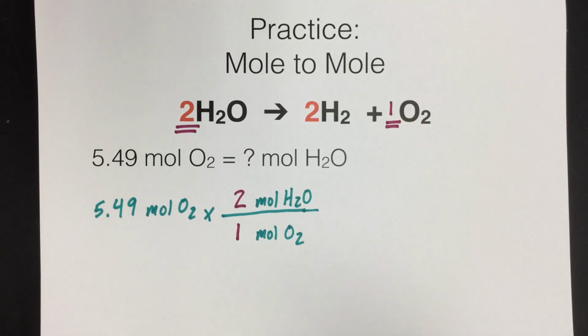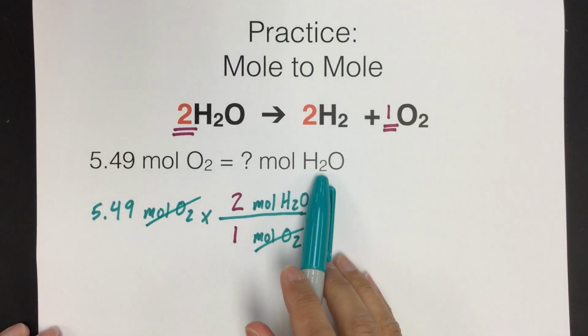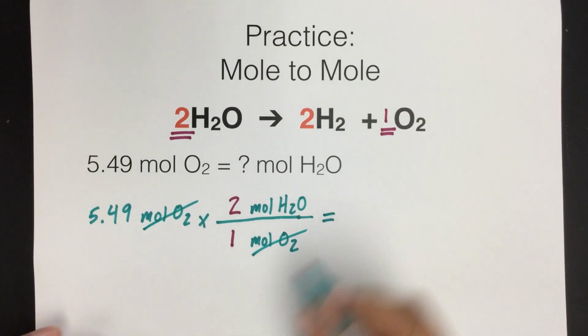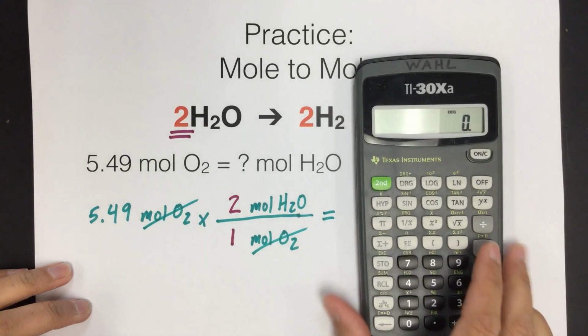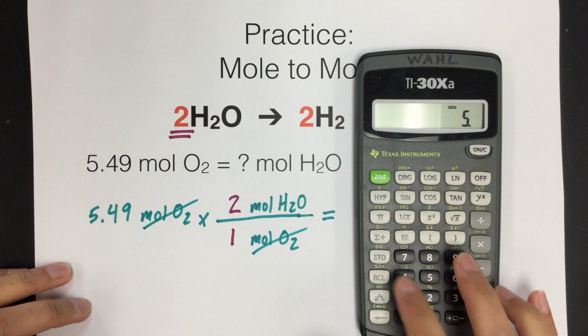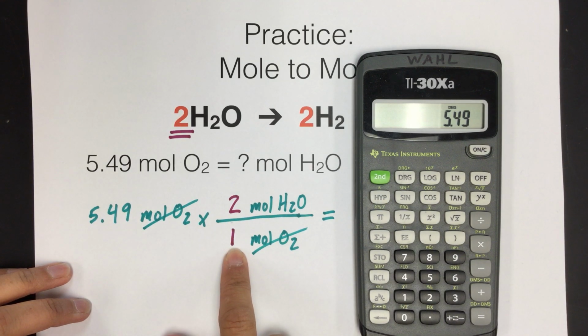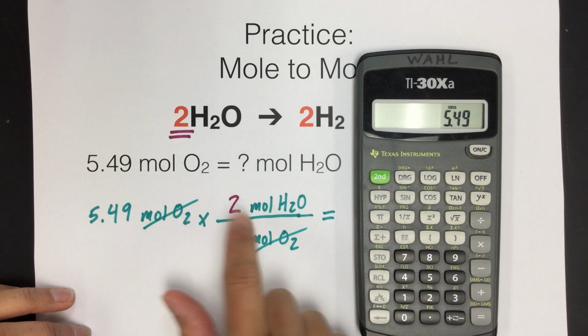And now that we've done that, our moles of O2 can cancel. And that is all we need to do to get to moles of H2O. Notice we have the units we want. So now this is just going to be typing it into our calculator. And we need to follow sig fig rules. So we'll do 5.49. Top numbers you'll multiply, bottom numbers you'll divide. Since this is a 1, we don't really need to do it. So we'll do 5.49 times 2